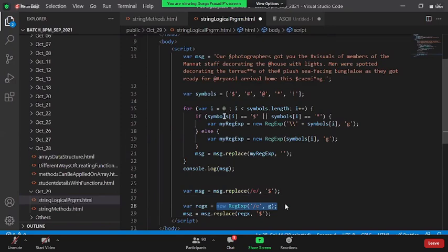So why am I creating this dynamically? Why don't I give it in this format? The problem is, here I have E, fine, but here I'm dynamically finding what the symbol is. The symbol is dynamic, right? From the array you're picking it up, dynamically choosing one and applying it. So that is the reason we go with the regular expression in the form of the second. Did I answer your question?